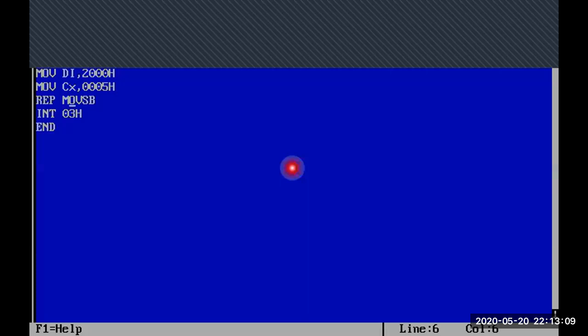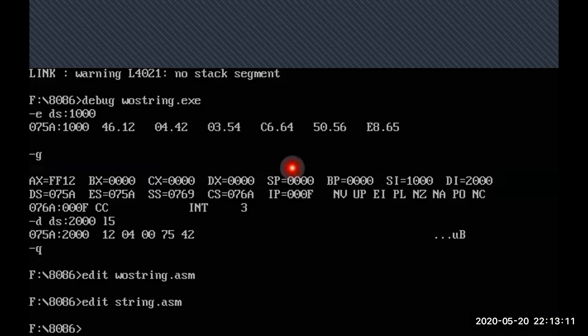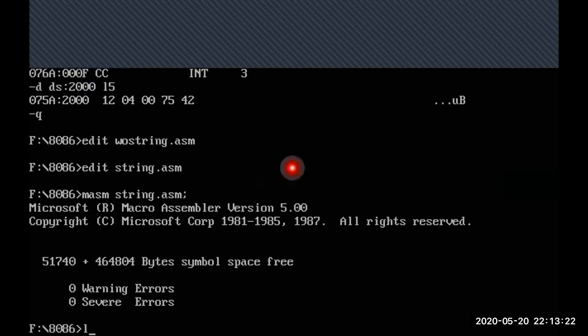So this is executing. masm string dot asm, link string dot obj.